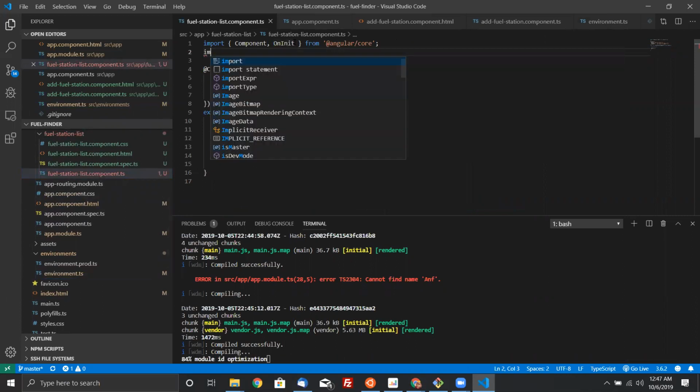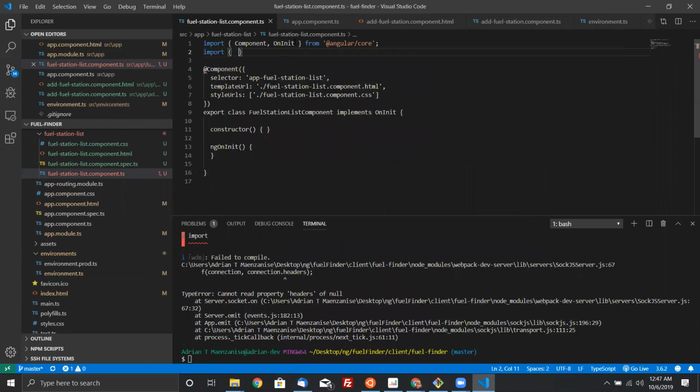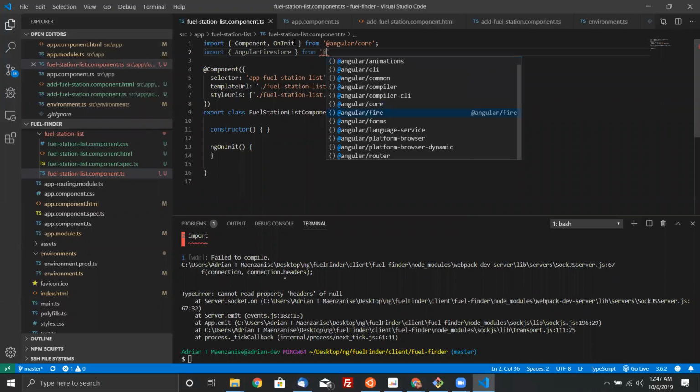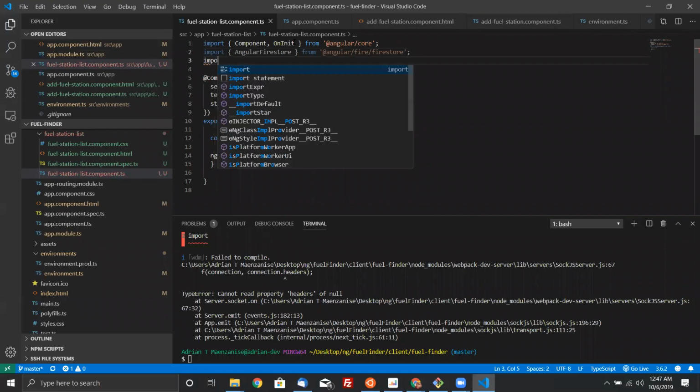We want to import AngularFirestore, like so, from Angular Firestore. Then import